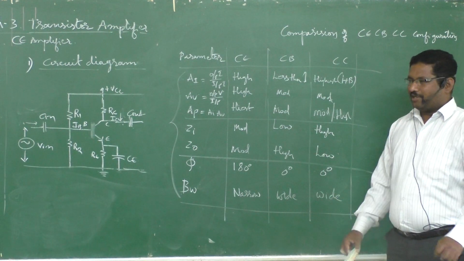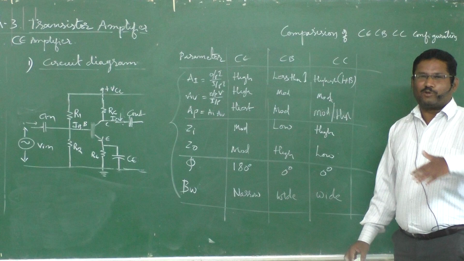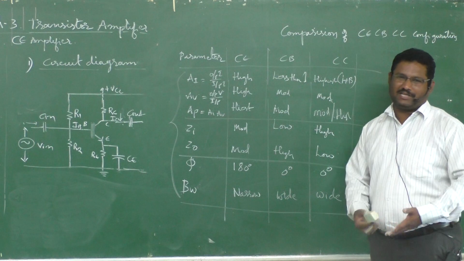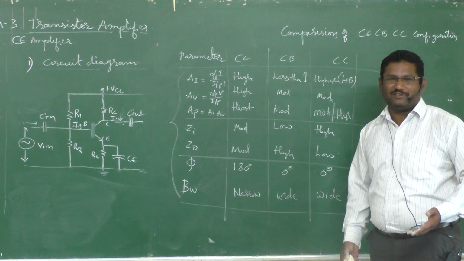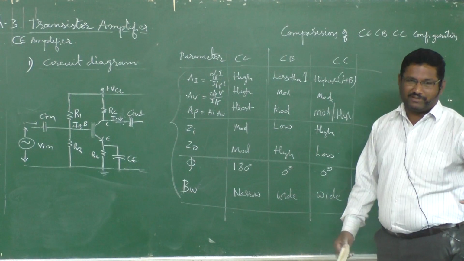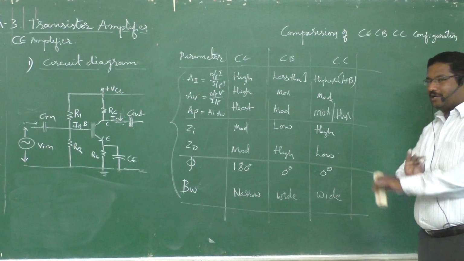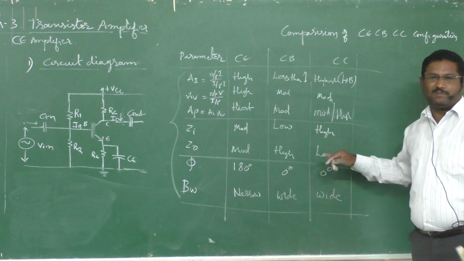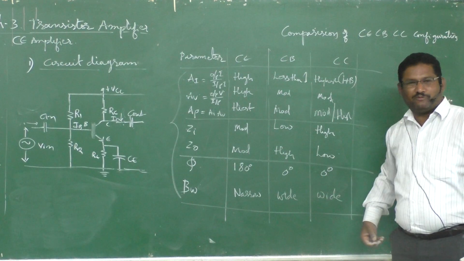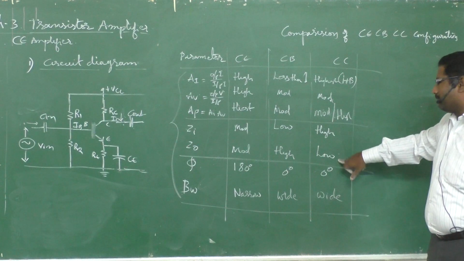Naturally, think of your boss giving you salary. If you go on asking him, sir, I need an increment or more salary, he will say I will give, but his hand will stay in his pocket and no money will come out, because he has highest input impedance and highest output impedance. But common collector is not like that. It has the lowest output impedance, and if you get a boss like this you are really lucky, because if you ask anything he generously gives. So input impedance is high and output impedance is very low.